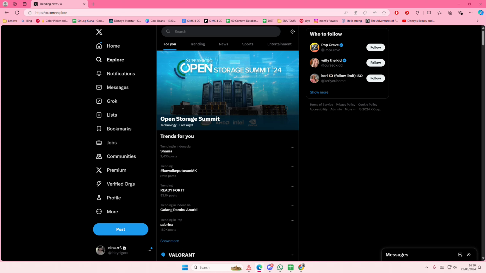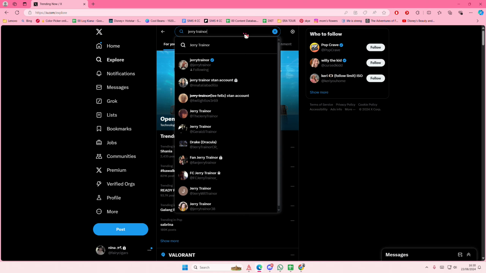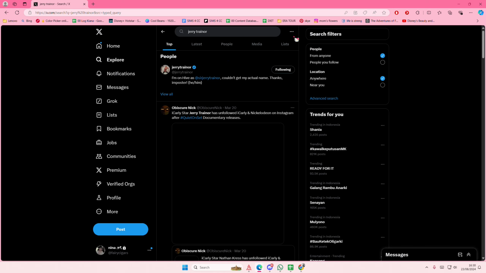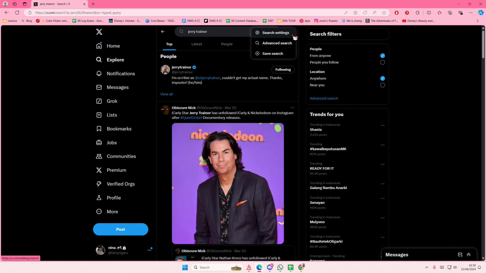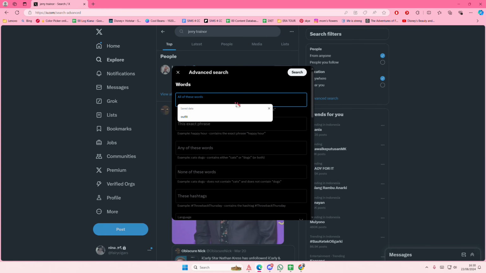In this video, I'll be showing you guys how you can use the advanced search feature on X. So type in what you want to search for first, and then you're going to select the three dots here. Then you're going to select advanced search, and you're going to type in, I'm going to type in like fire,